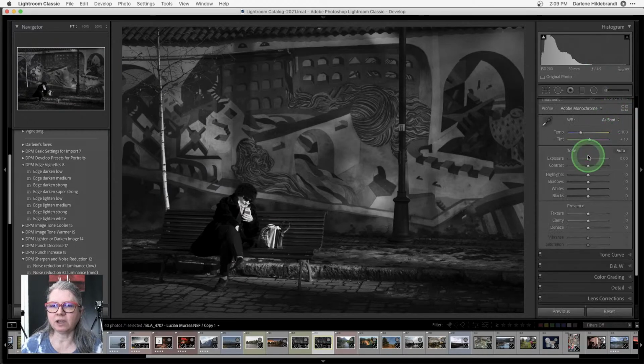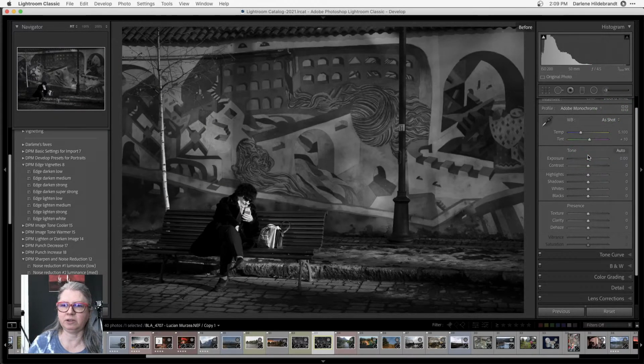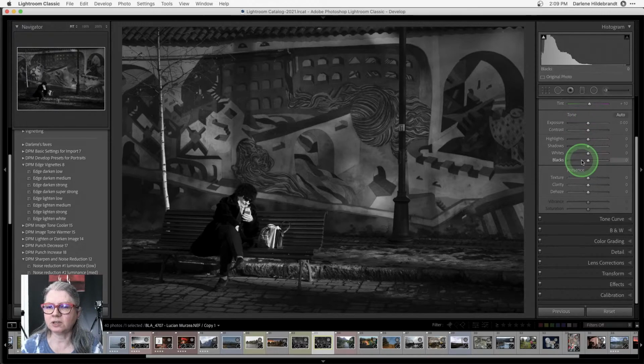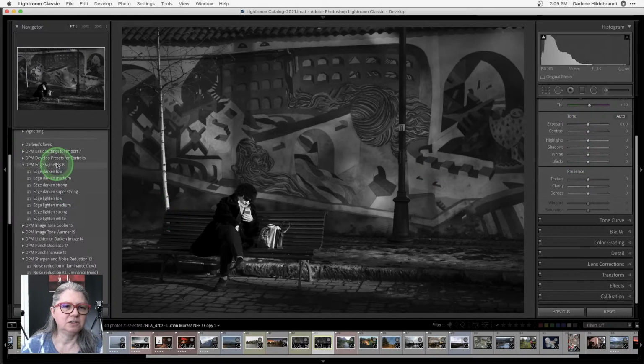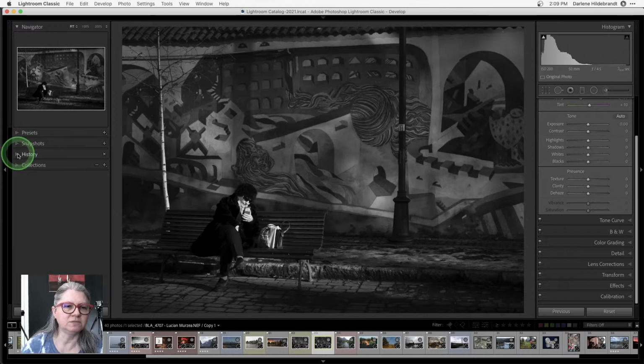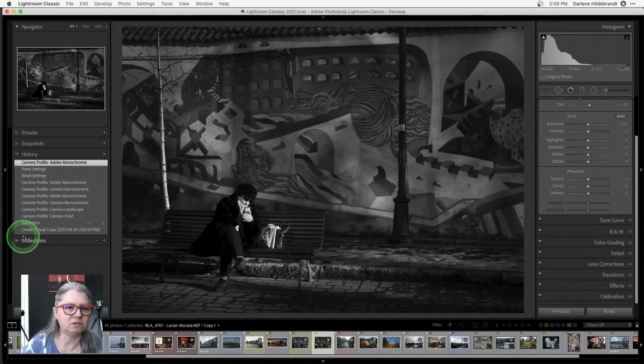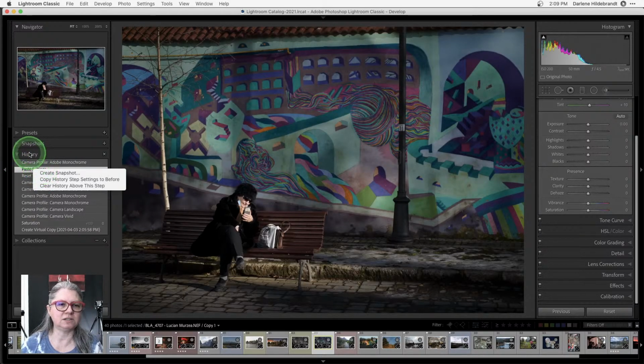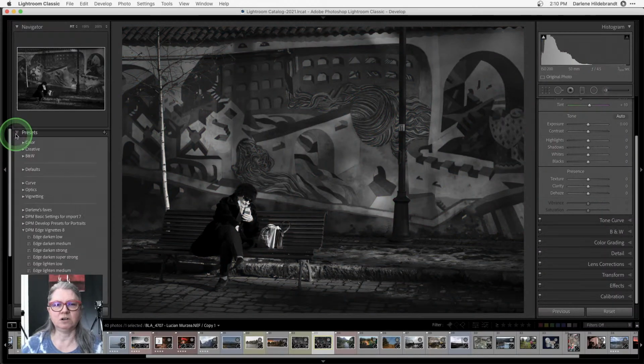So when I have this original color image, it's not showing me the color image. If that happens to you, this is great that these things happen. Let's go back here. I can change this in my history. Copy these history settings to the before, because what it's doing is showing me the before as the created virtual copy, which was in black and white. Now I've shifted that so I can see the color image.